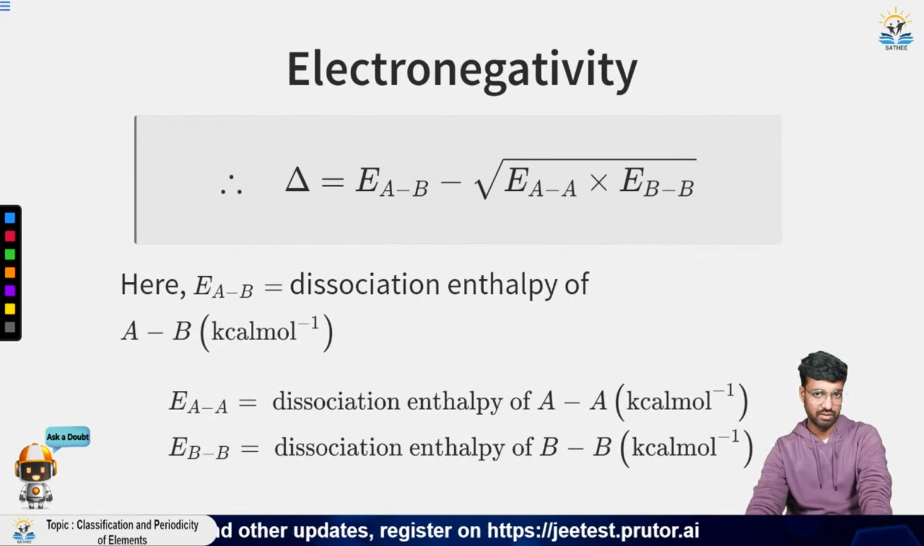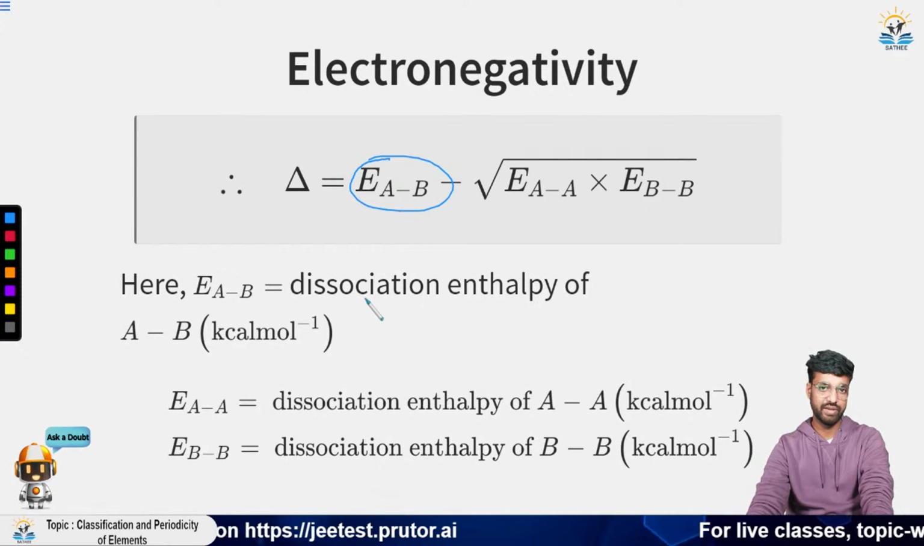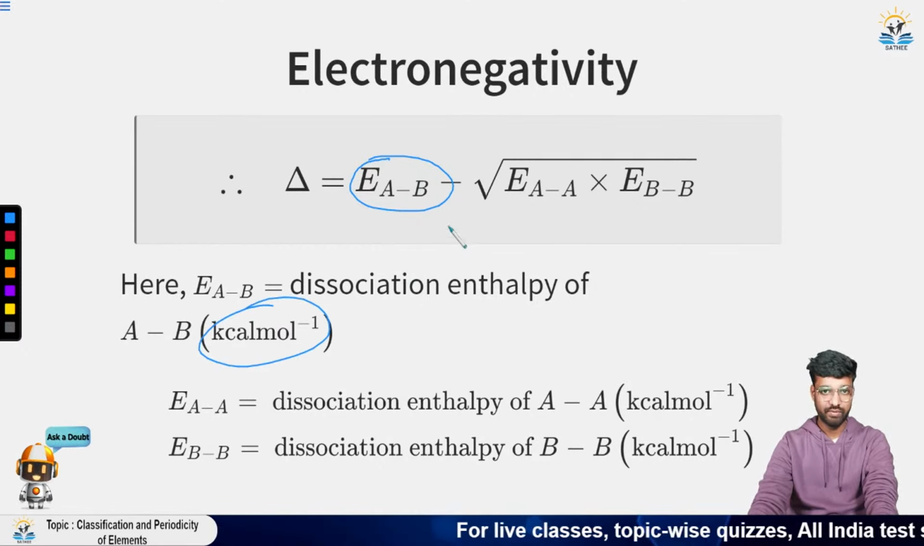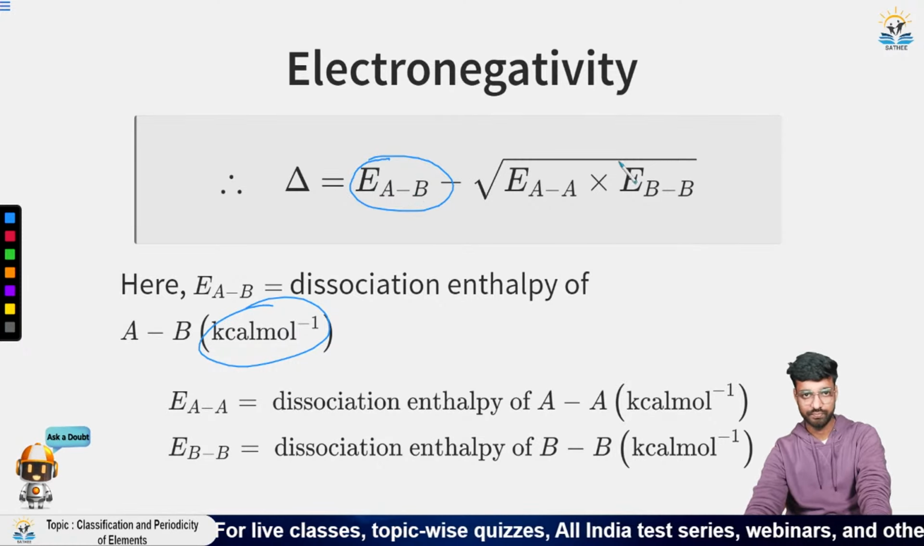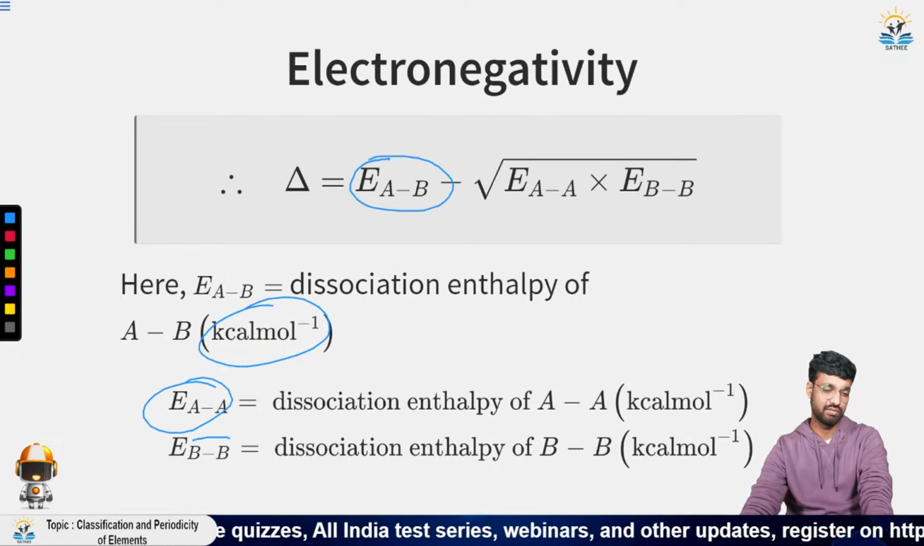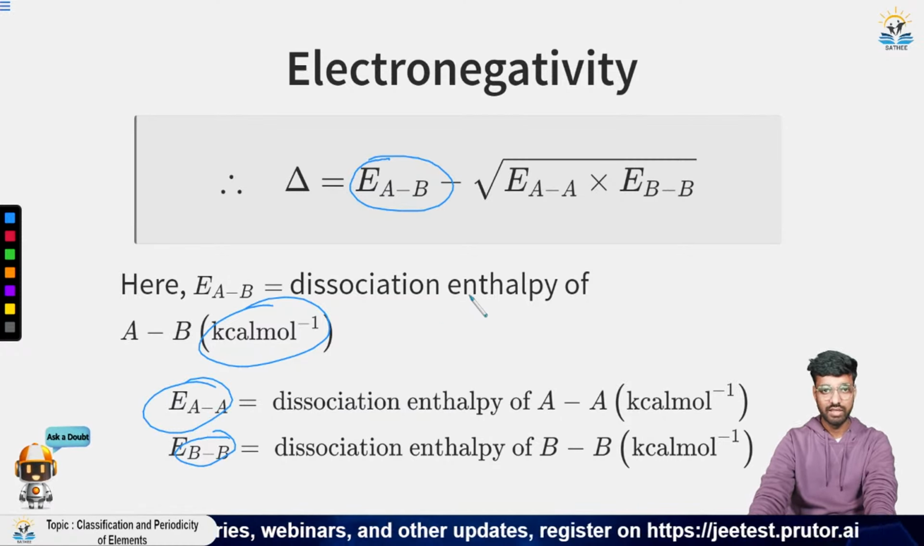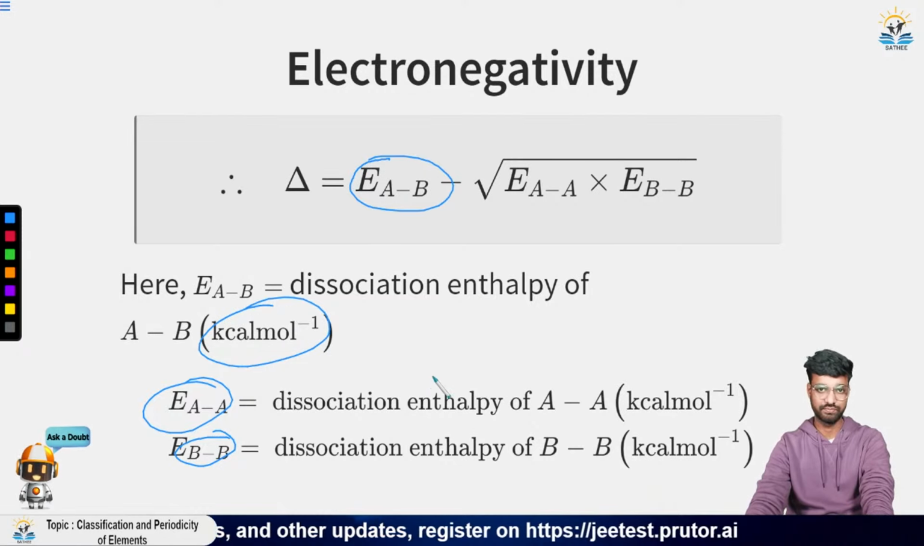So it is this, given as energy as A minus AB as the dissociation enthalpy of AB in kilocalorie per mole. And how will we calculate this delta? It will be E_AB minus root under E_A into E_B, that is for A and this is for B. So suppose we have a molecule that is AB, then if you want to calculate this